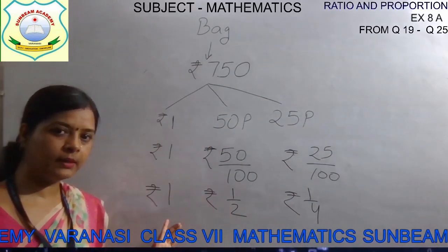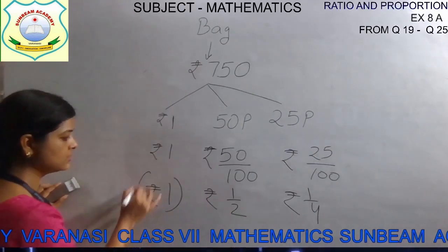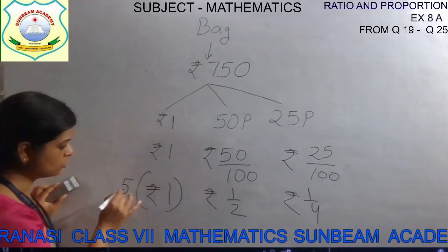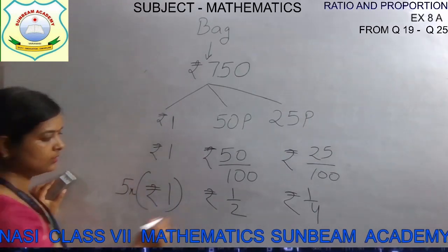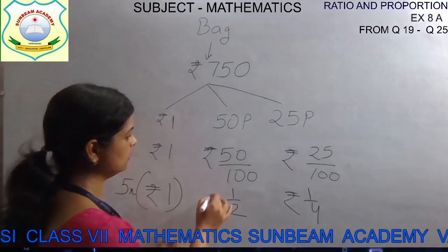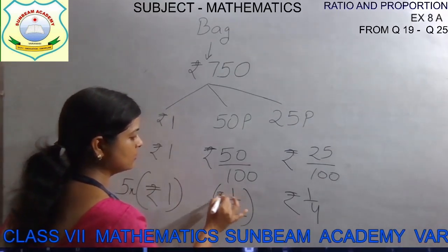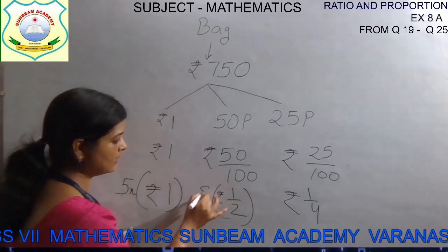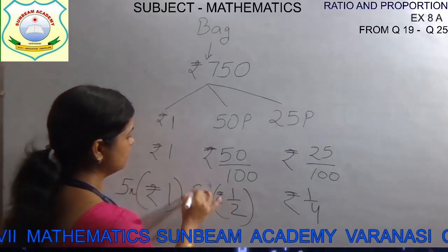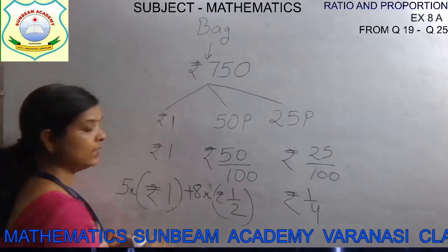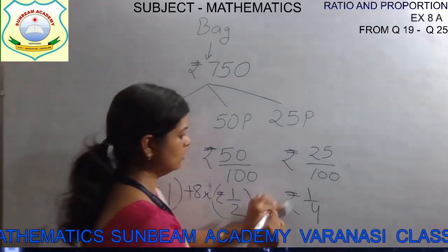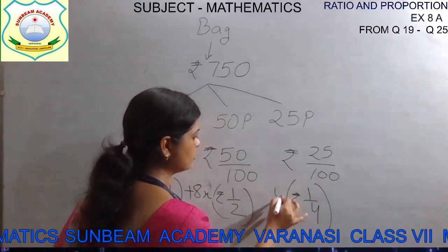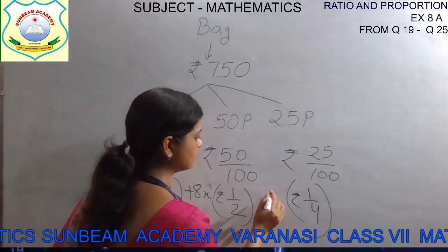We will add them. What is the ratio, children? This is 5. Exactly 5 coins? No. So 5x. This is how much? This is 5 is to 8 is to 4. So it is 8 what? 8x, children. This will be 8x. And we will add them. Also, this one is how much, children? It is ratio 4. So write down 4x.